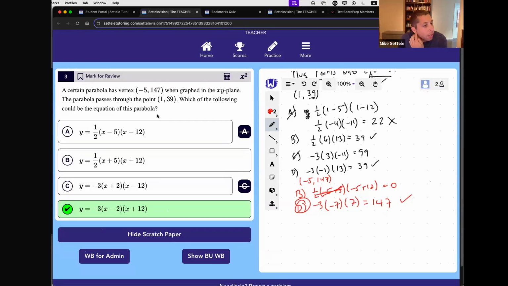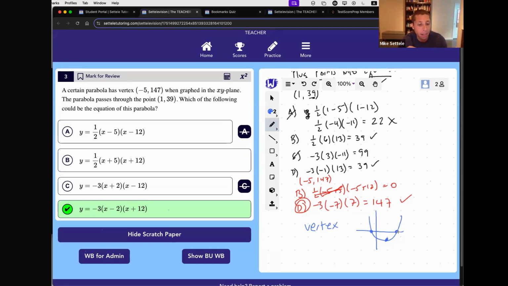Before I get to the other solution, Amin, that you're suggesting, the thing that the College Board would probably tell us to do here is use the fact that this is a vertex to our advantage. A vertex, remember, is if we have a parabola, it's the point at the bottom. And one thing that's always true about a vertex is it's halfway between the x-intercepts. The way that these equations are formatted in the choices, they're giving us the x-intercepts. So the College Board explanation might be very conceptual.